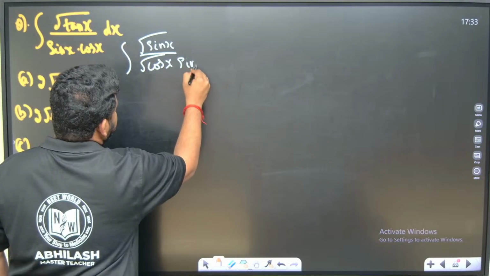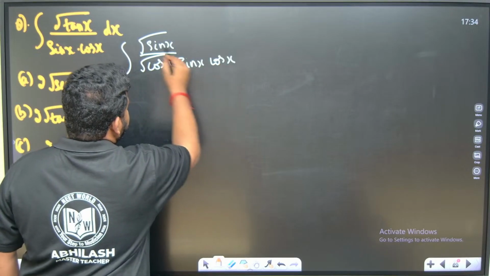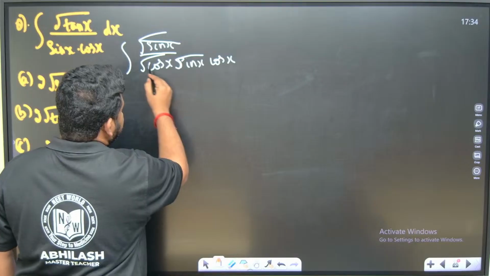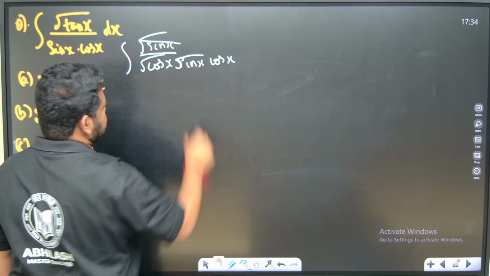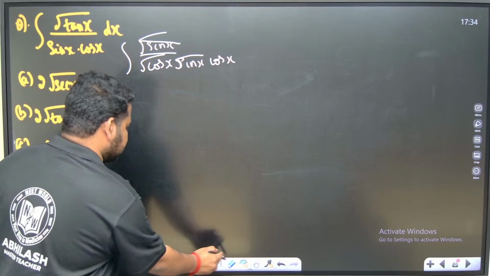This will be sin x into cos x. This sin x I can cancel, and I will get square root of sin x by cos x into cos x dx. I will not reach anywhere if I do it this way. So instead of that, what I can do is,